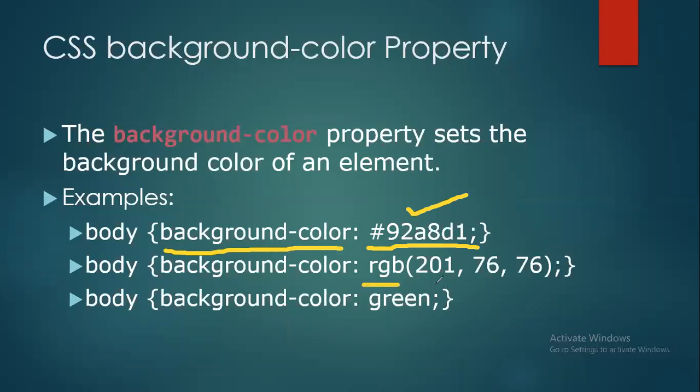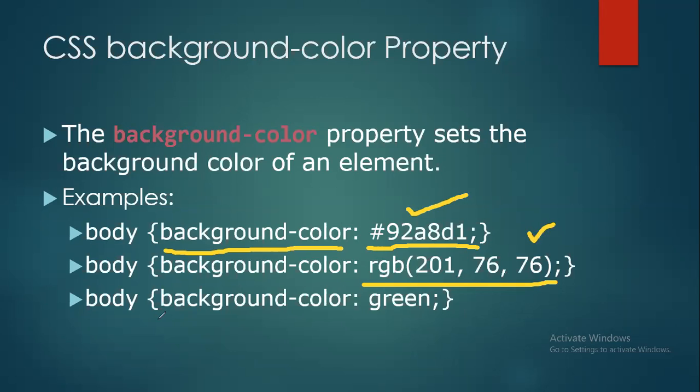The second way is to define the RGB value for the same. RGB is red, green, blue. Everyone knows that it is a combination of colors. Different colors are formed by combining these three basic colors, which are red, green, and blue. When we combine these colors in different ratios, they form different colors. So here is the value of red, here is the value of green, here is the value of blue. You can also search for these RGB values on Google. If you want to define the color this way, you can get these values from Google.